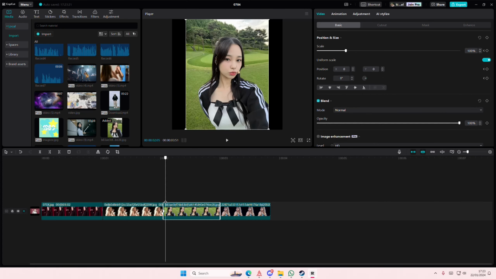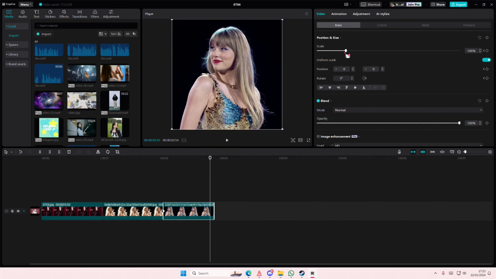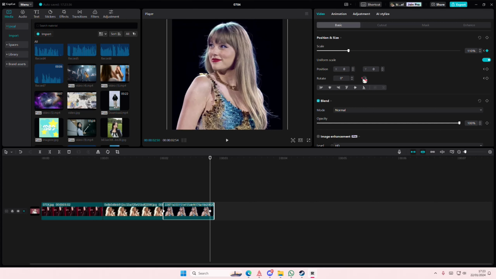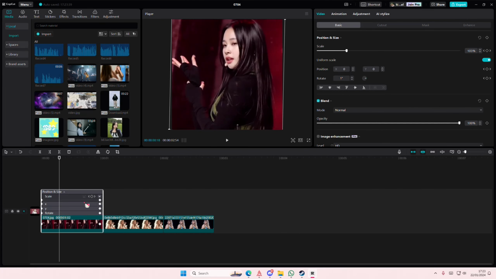Okay, actually I'll just delete this because it's not square. And then at the end again, you're going to want to scale it a little bit and rotate it 4 degrees. Then you're just going to right click, show keyframe animation, and then on the rotation part here, you're going